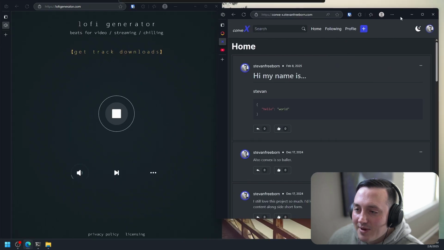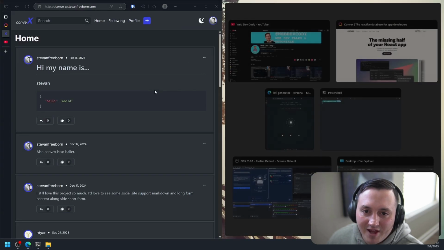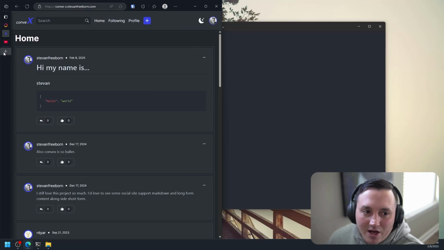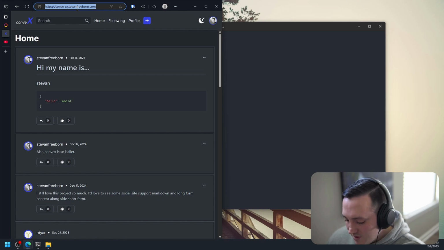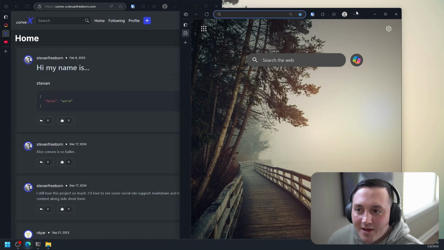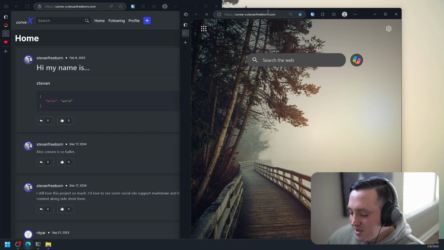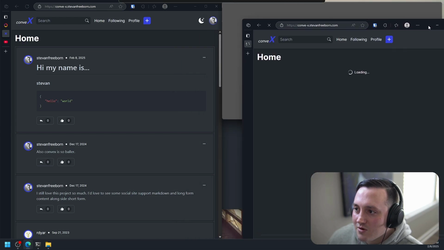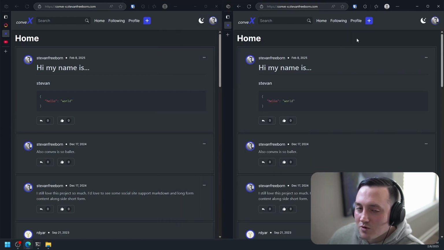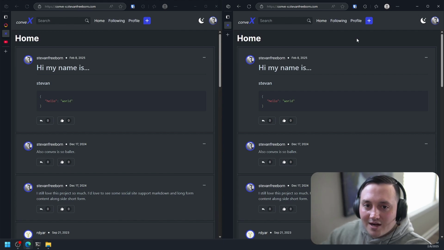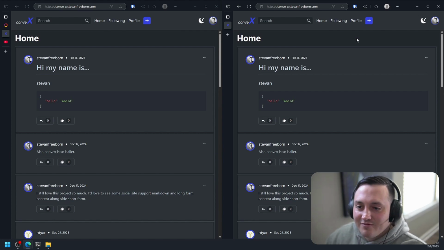But the very cool thing about Convex is that out of the box, everything is reactive. So what do I mean by that? It basically uses WebSockets, and it listens to your data at the database level. So when there's a change in that data, it's automatically broadcasted to all your users. So the data is always live. You don't have to worry about any of that complexity of stale data, fresh data, cache data. They take care of that for you.